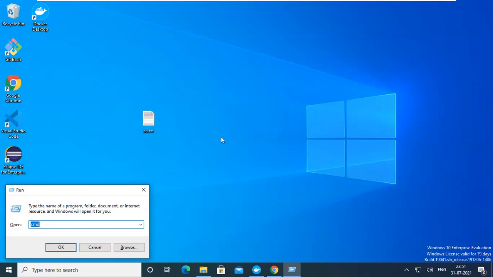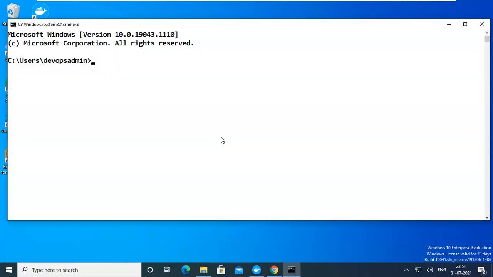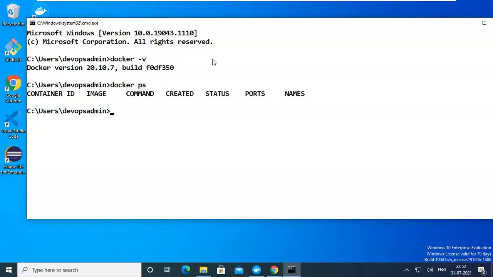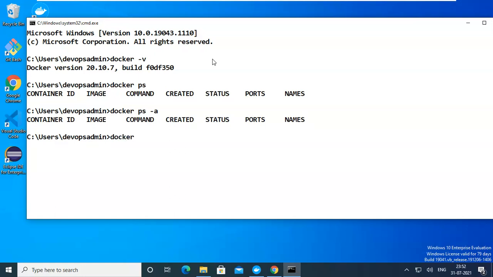So how do we know whether Docker is running or not? I'm going to a CMD prompt, or you can use PowerShell, your wish. Simply I type docker -v, and it shows my current Docker version. Also I will type some query commands like docker ps, which shows containers and their images. Nothing is there. First of all, let's see if any images are there by default. No images, no containers, nothing.